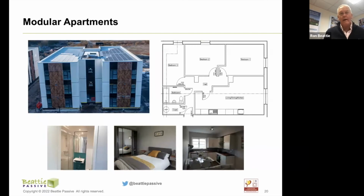So these are our modular apartments, and as you can see, this can be there for a day or 100 years, and this is what buildings should be. Something you can change and alter if you need to. These will probably never be moved. It's up in Cardiff, and originally it was there for 6 years, but we're thinking now it will go for